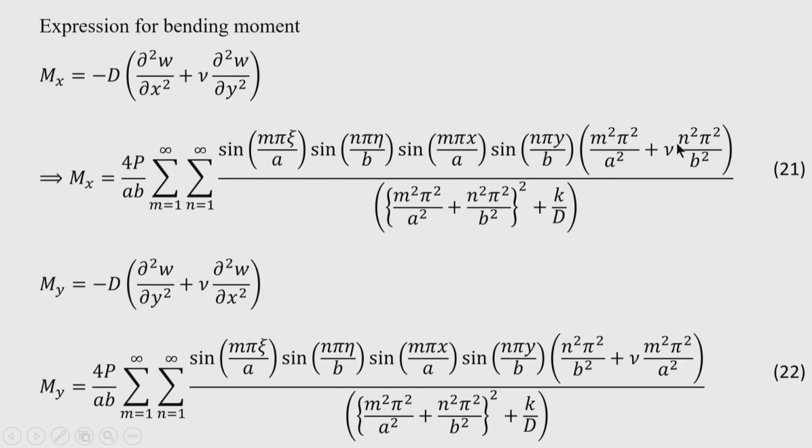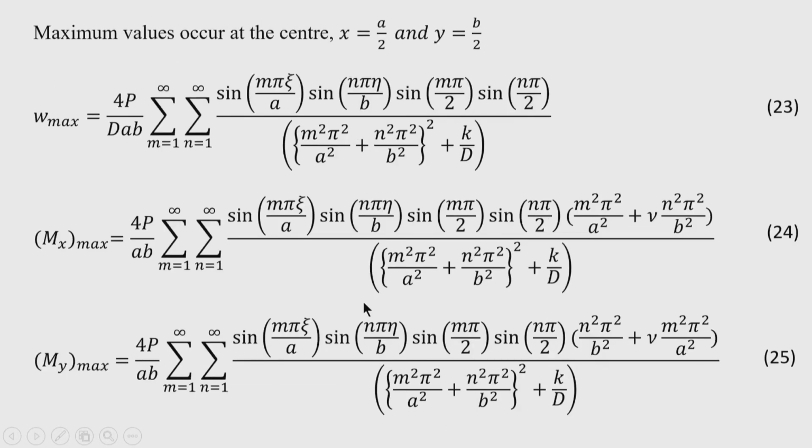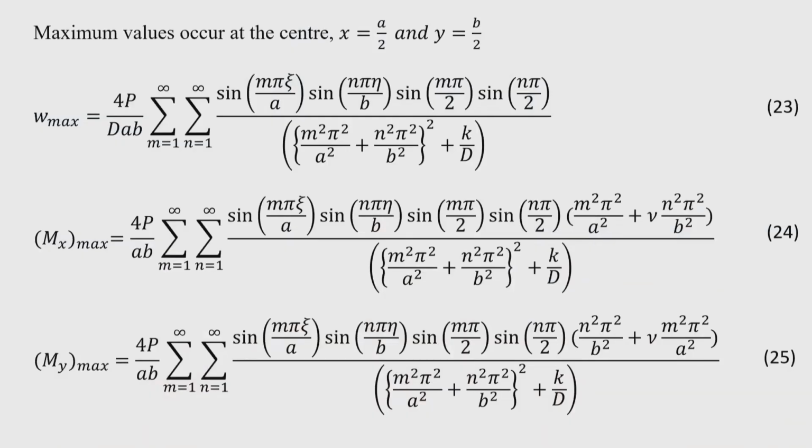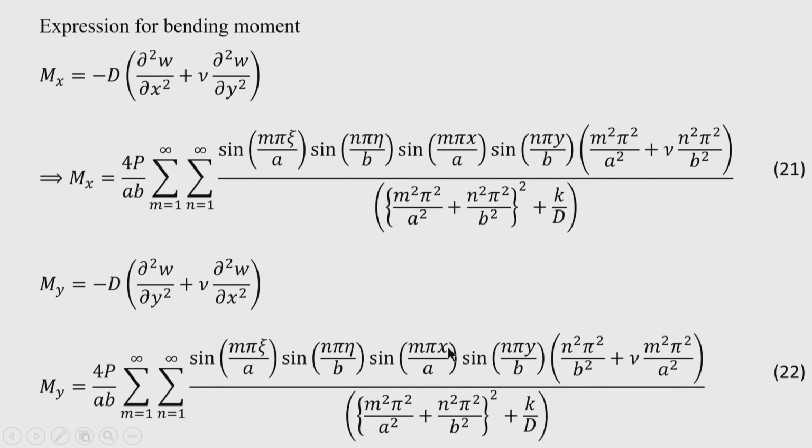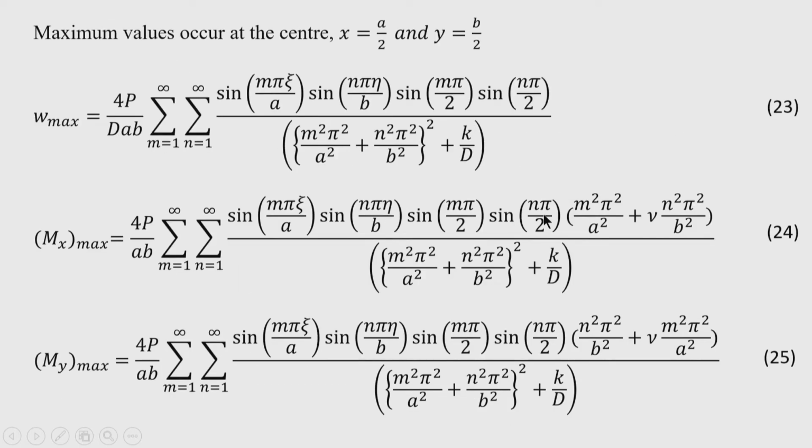and you can see the difference here. That is, the curvature is interchanged here only and others are the same, and you can see the maximum bending moment occurs at the center, that is obvious. So, x is equal to a by 2 and y is equal to b by 2 is the point where the maximum bending moment occurs, and substituting back x is equal to a by 2, y is equal to b by 2, we ultimately get the expression for maximum deflection, expression for maximum bending moment in x direction,